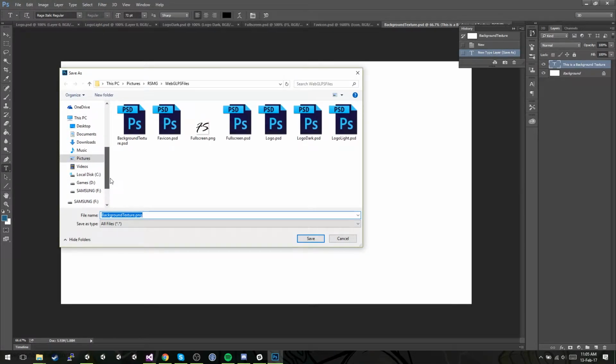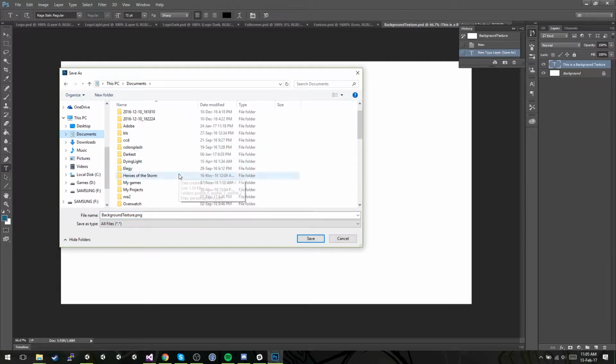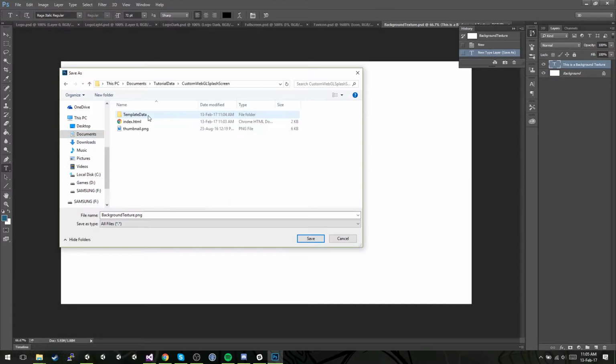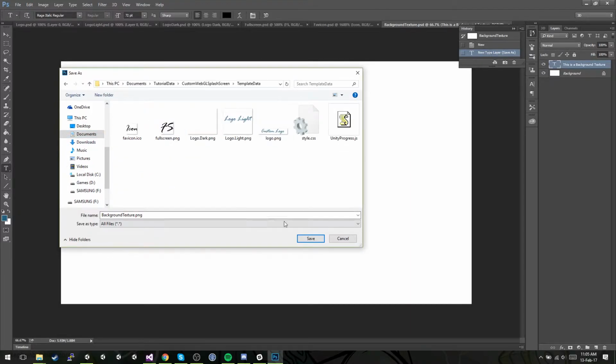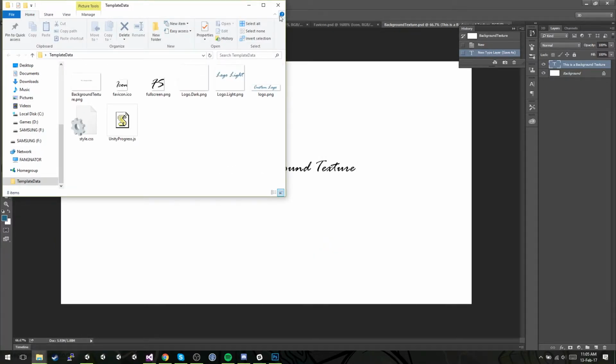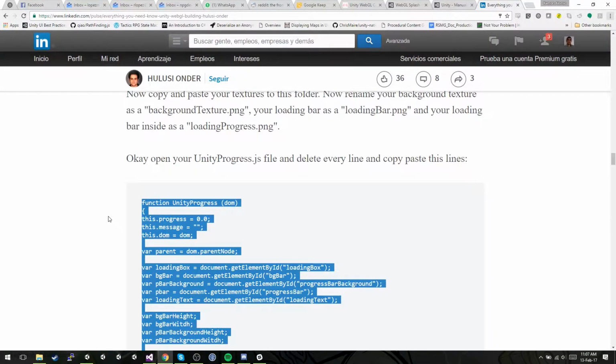So let's go to our folder. I think it's, what did I save it? Tutorial data. Yeah, okay, I have it right here. I have my icons over here already, and I'm gonna save this background texture. It already saved it, and I'm gonna finish this. So now I have